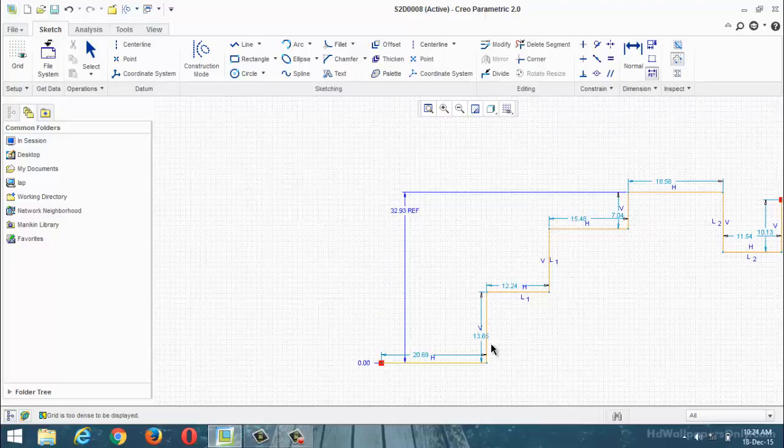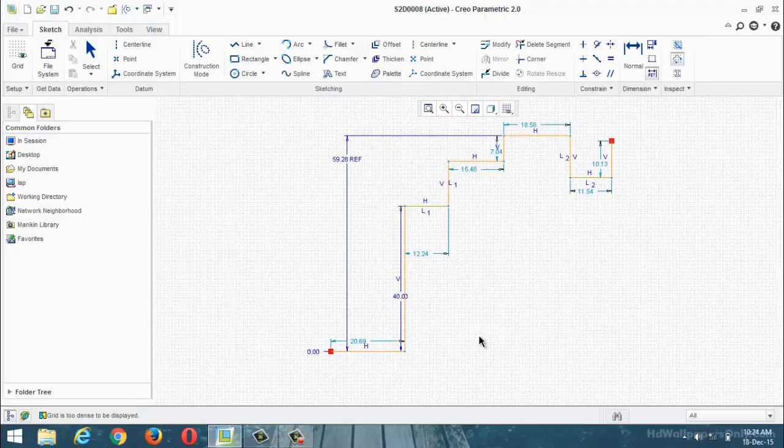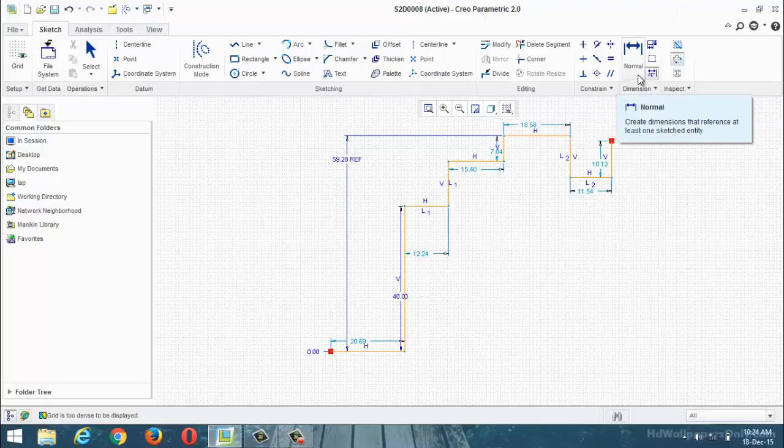Again you can change any value. Okay. Now we can change any value with respect to this dimension 40. What is the current reference? 32. Again I am going to change this to 40. What happened? Again you can change the total value, total dimension also. Again you can represent reference here. That is about the dimensional options.